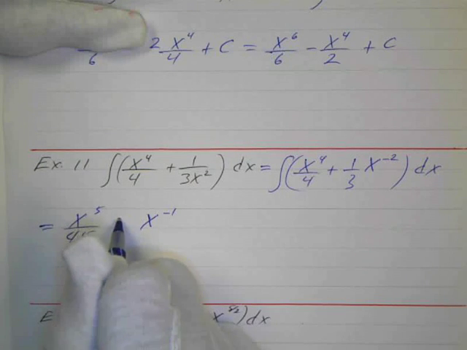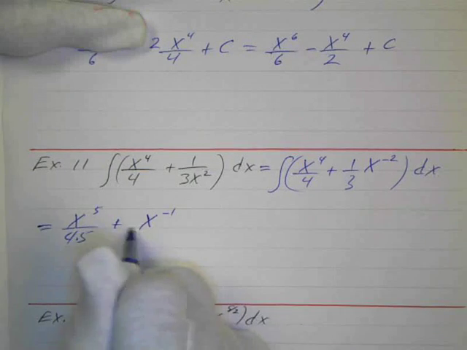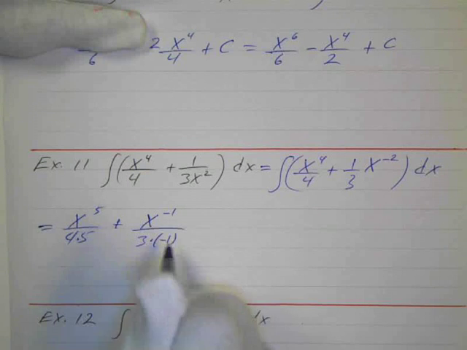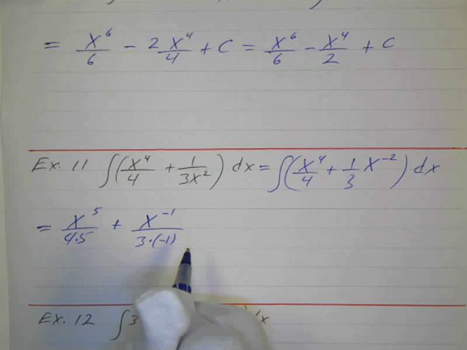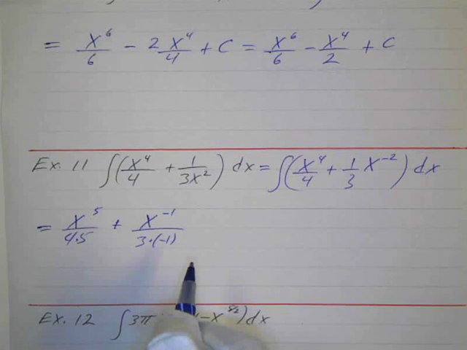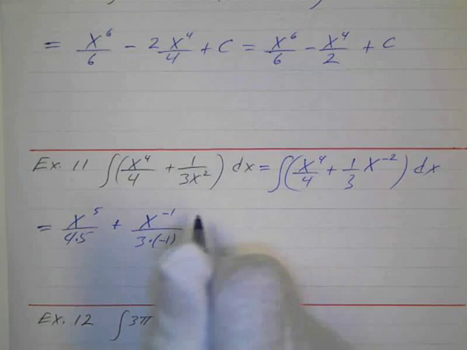I guess I can just work that out, so we'll say plus, and we have a 3 in the denominator, so we have 3 times negative 1 and then plus c,